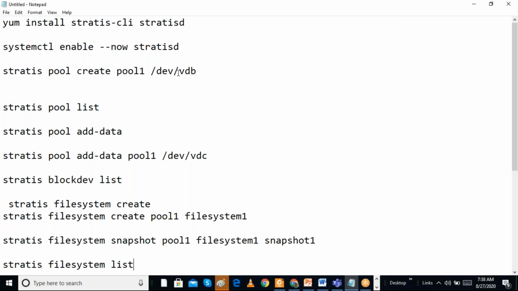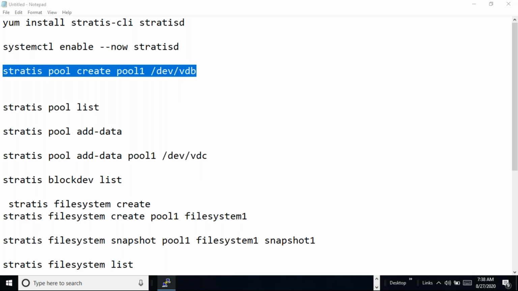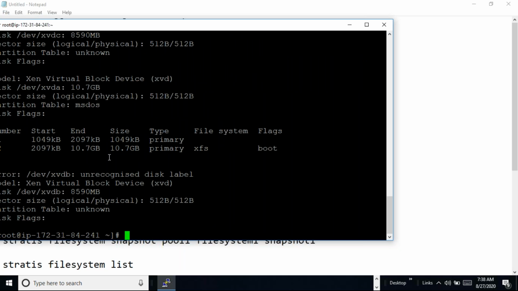I know I have multiple disk drives in my system, so I want to create a pool. I can add multiple devices and combine them into a pool. So I want to combine them. I can check how many disks there are with parted -l. It will show that I have xvda, xvdb, xvdc, and many partitions. I'm going to use the first disk, xvdb. We can check the device name from this parted command.